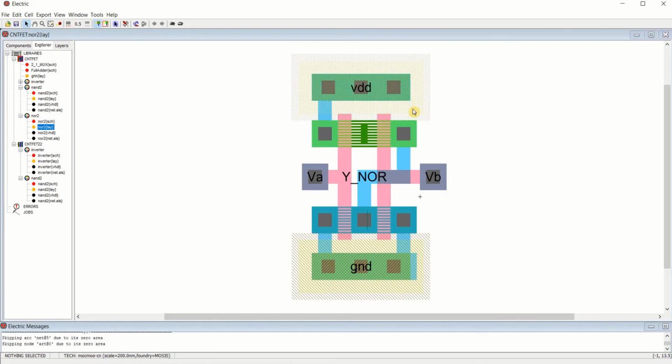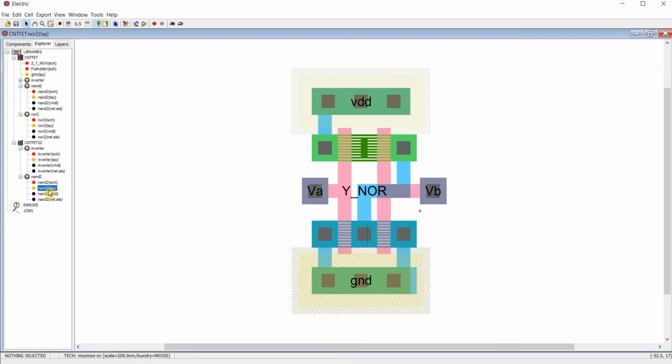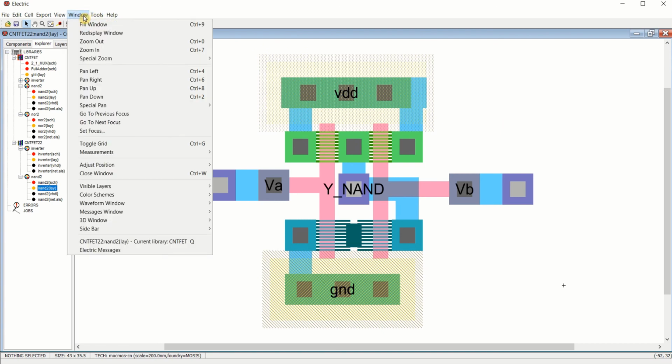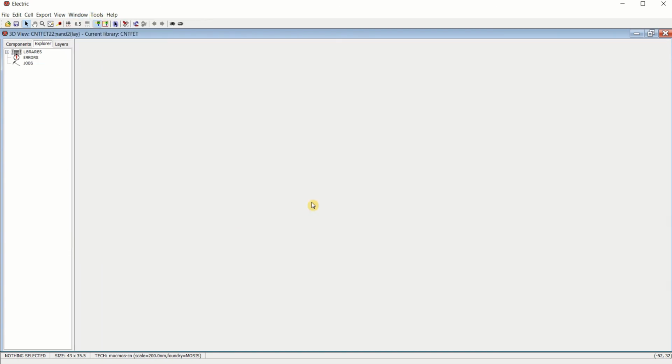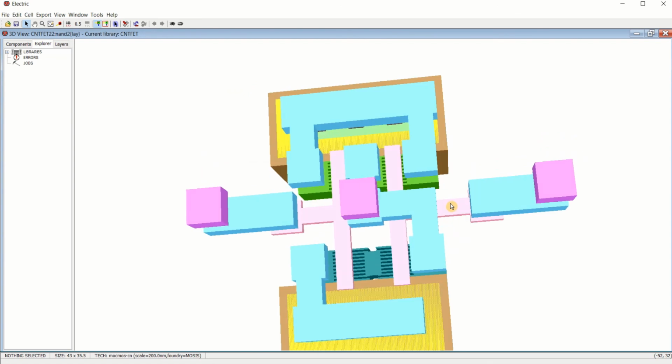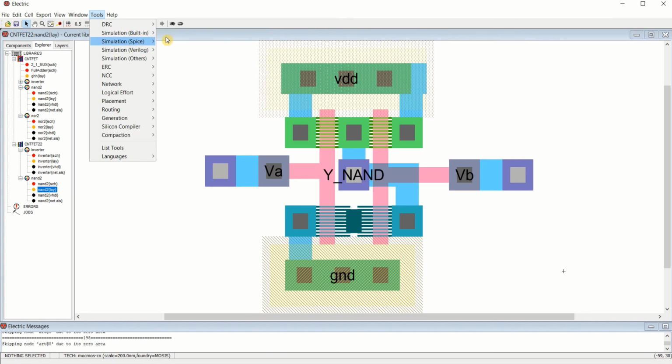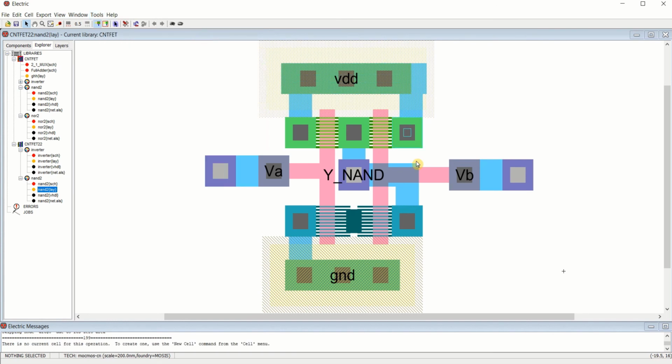Now if I want to verify this NOR gate or NAND gate, any of these, I'll go to the NAND. I want to check this layout. I want to verify this design. Okay. So go to the tools, simulation built-in, ASL, simulate current cell.